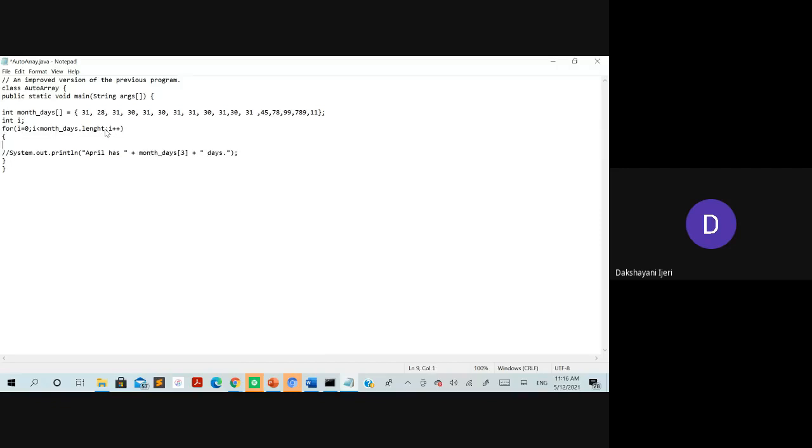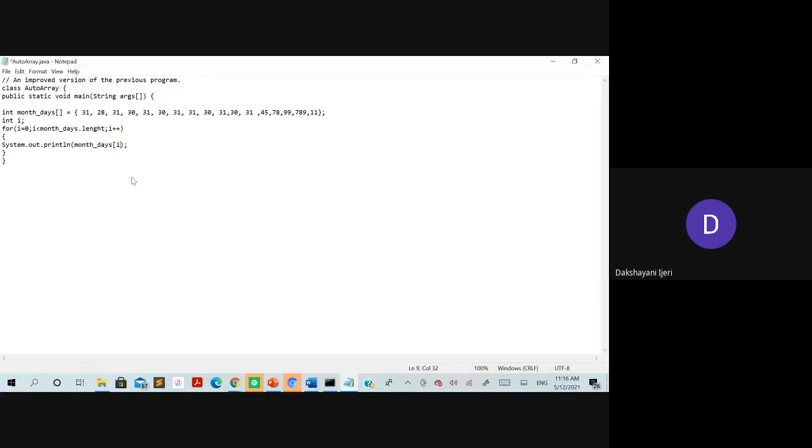Now I'm just interested to print every element of this list. How am I supposed to print? I'm not going to take any string value. Instead, I'm interested to print the value directly over there. So how to take it? The name of the array variable, I think it's the same, month_days, in the square bracket.